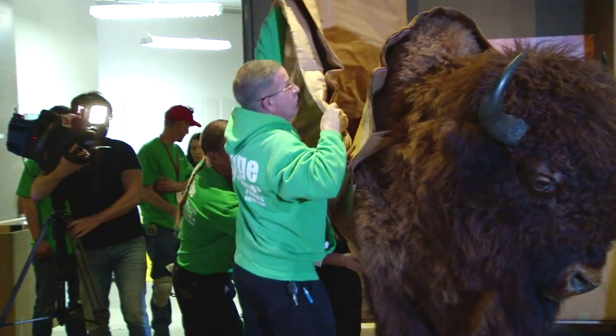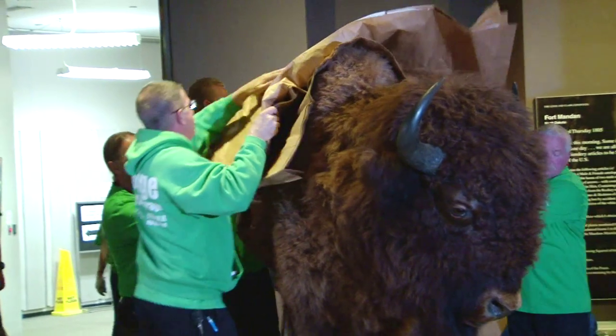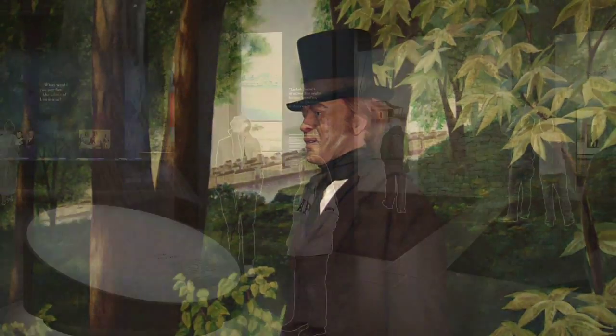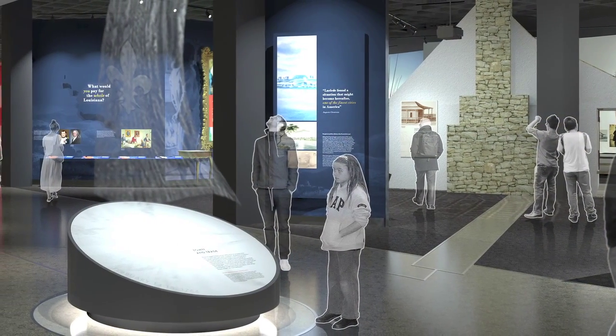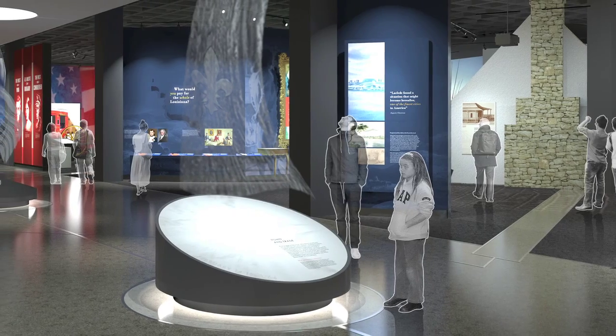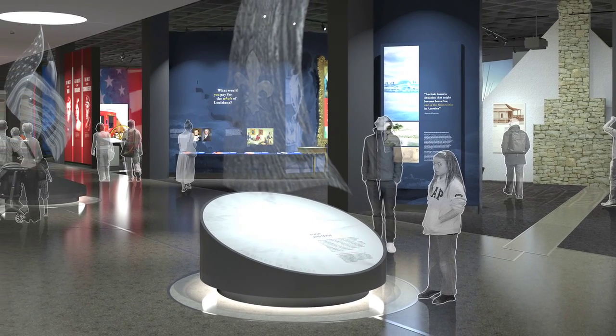Earlier this year, the museum was closed and the exhibits packed up. The new museum will be more high-tech, more interactive. You'll see it the moment you walk in. It's going to be completely different than what was here before. So the Museum of Westward Expansion opened in 1976. Very innovative when it opened. Did not get updated much after that. And so this will be a